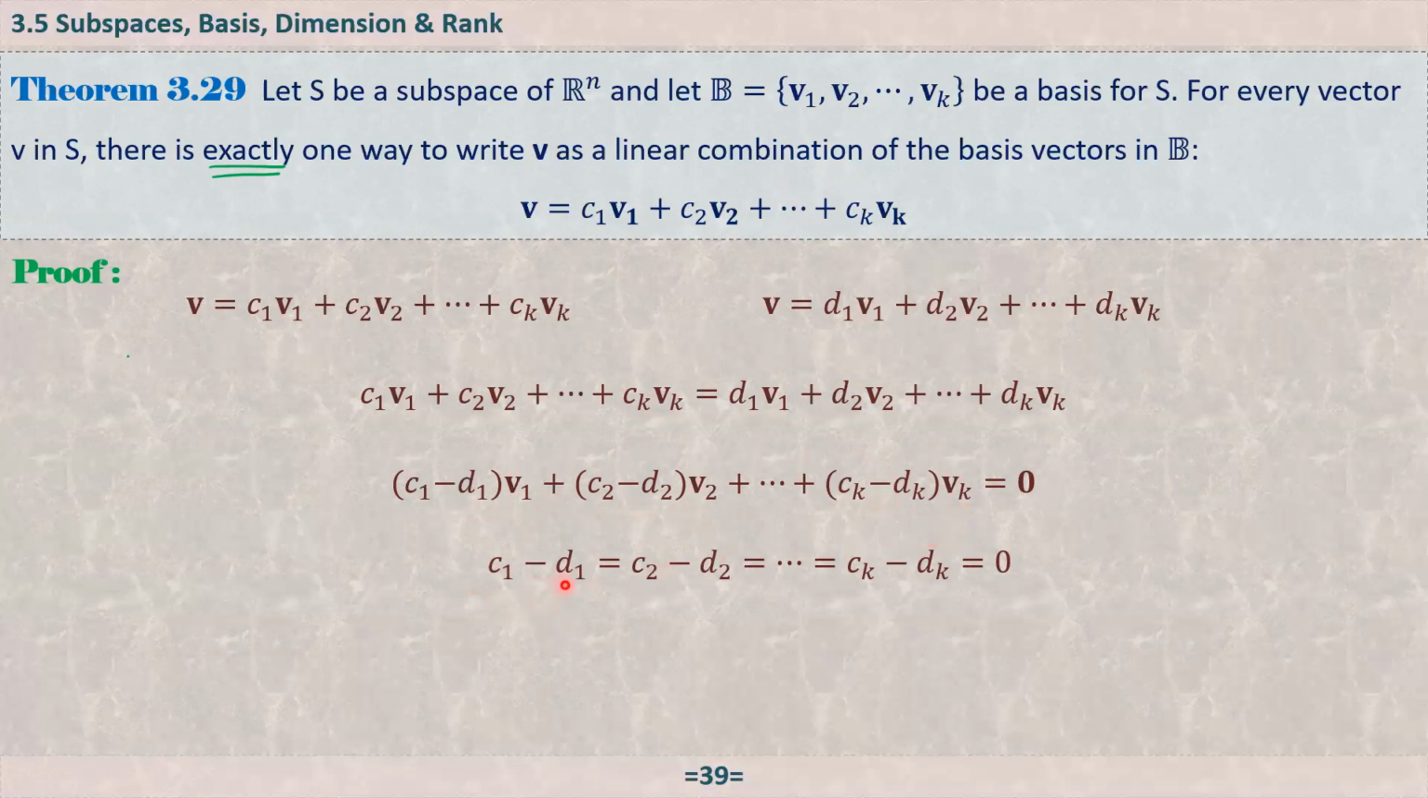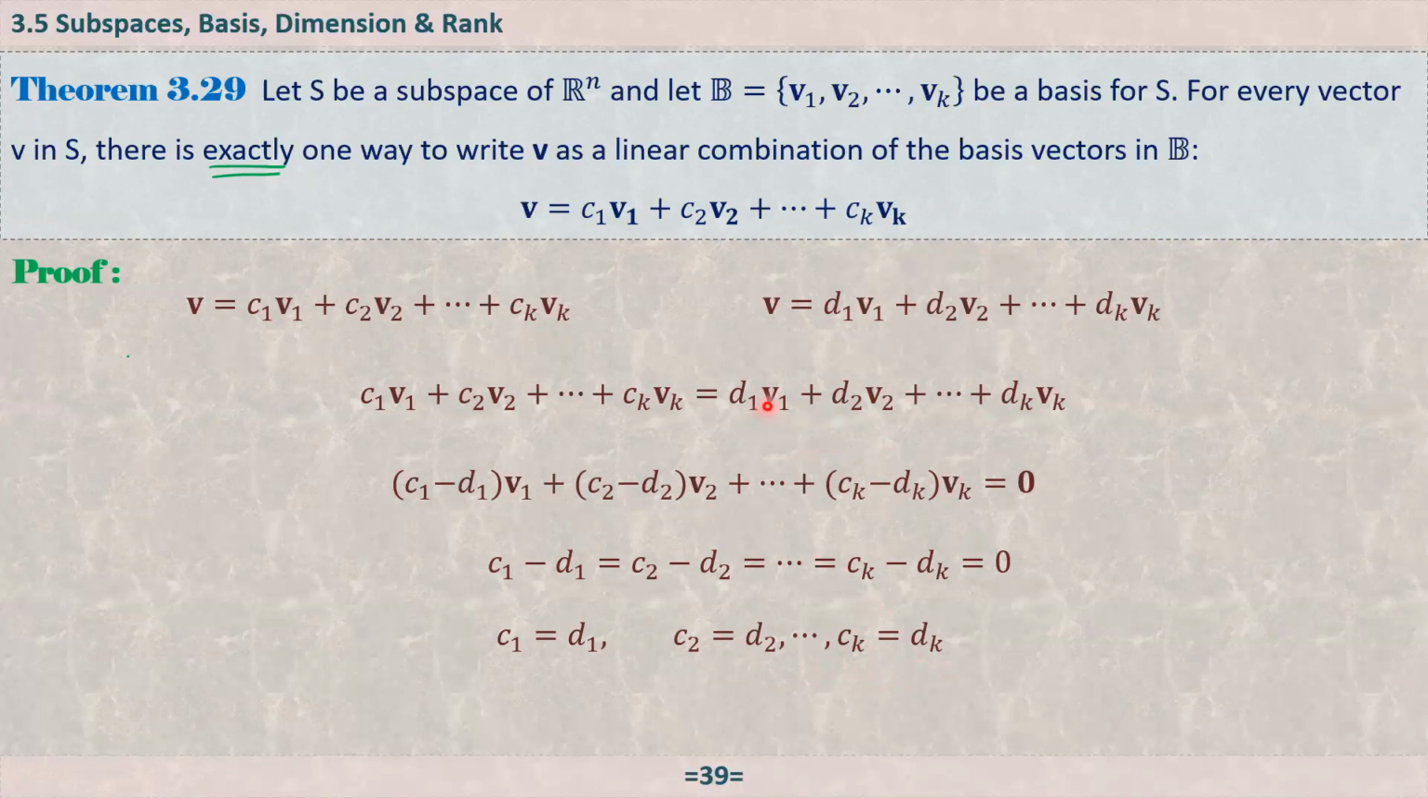So c1 minus d1, c2 minus d2, all the way to ck minus dk, must be equal to zero. From here, of course, we get that c1 must be d1, c2 must be d2, and ck must be dk. That means there is only one way to describe a given vector as a linear combination of these basis vectors. Since it's a unique way, we are going to attach a special name to this,